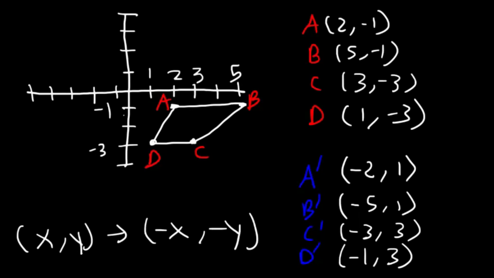So A is at -2, 1. And then B is at -5, 1. So that's A, this is B. And then C is located at -3, 3. And D is located at -1, 3. And that's it. So if you take it one step at a time,